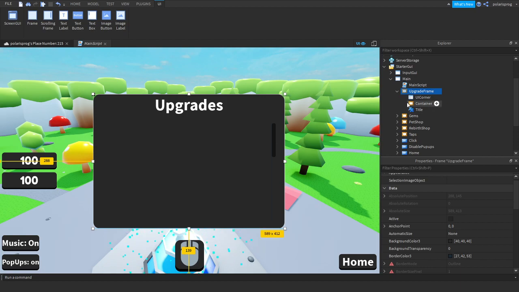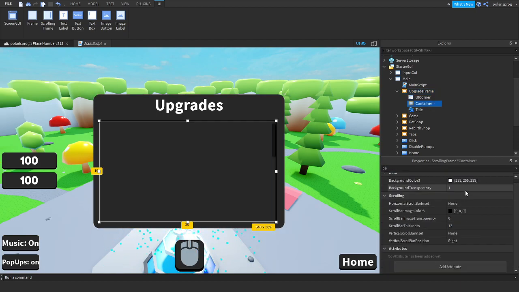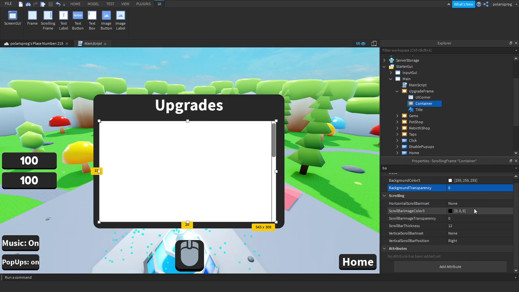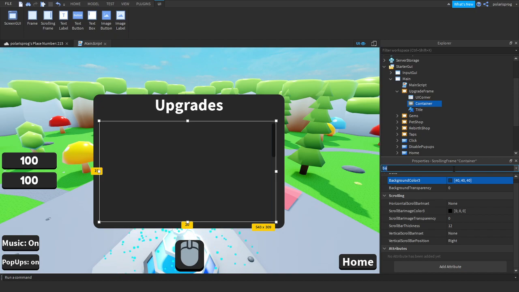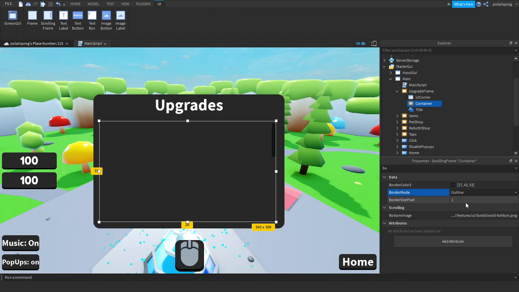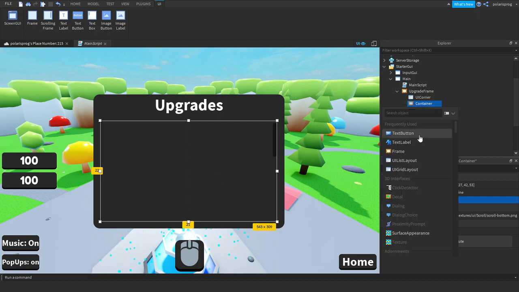I can't select it for some reason, so I'm going to change the background transparency back to 0, and the background color to 40, 40, 40, and the border size pixel to 0, and I think that's going to be it for the scrolling frame. All we need now is to add a frame to it,